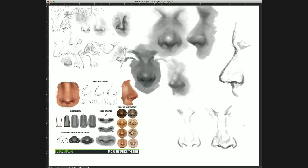And then obviously the area around the nose definitely affects it as well. So the bridge is very important. Even in here, you can see how this nose is a little more soft and chunky. It's a little, I don't want to say chubby, but it's definitely softer. If I slimmed it down and pushed the angles on it, it definitely gives more of an appearance